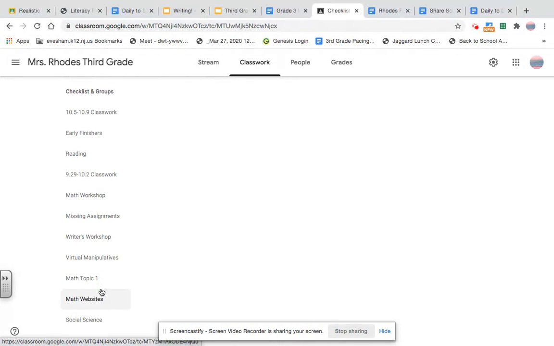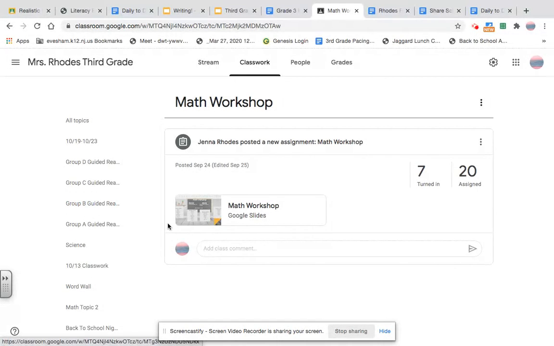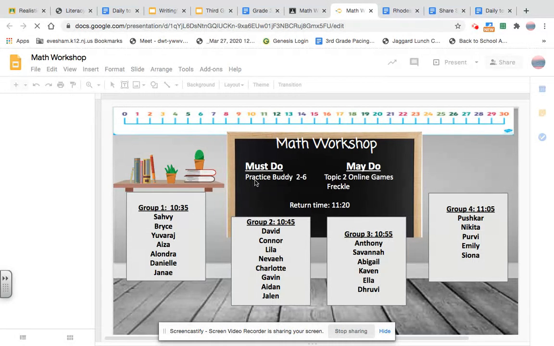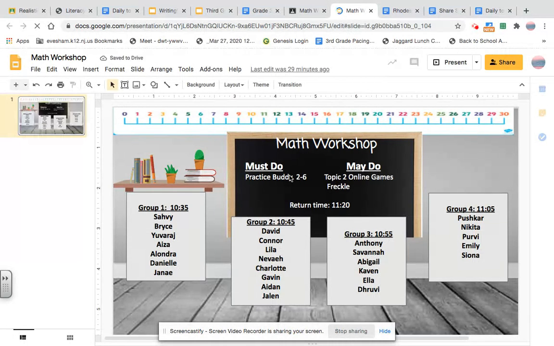So for your child, everything that they need is usually under the topic. So, math workshop. Oh, this is important too. If you go to math workshop, the kids are doing this mostly throughout the day. This is like their must-do, may-do list. That's where they can find it. I update it every day for them. And so they can see what they must do and what they may do, and then they can also see